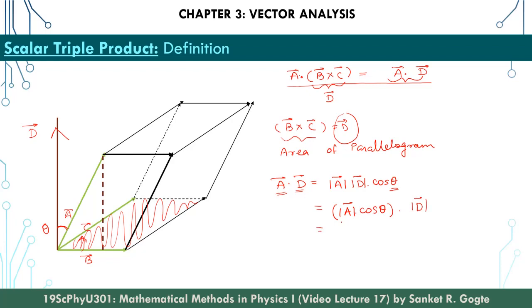Now what is this term? Mod A cos theta. It is basically this dashed line, because this angle is theta and this vector is A. So if I complete this triangle, this angle now is 90 degrees. Then A cos theta is this length, which let me call H. Therefore, A cos theta is the height of the parallelepiped. So this is the height of the parallelepiped,